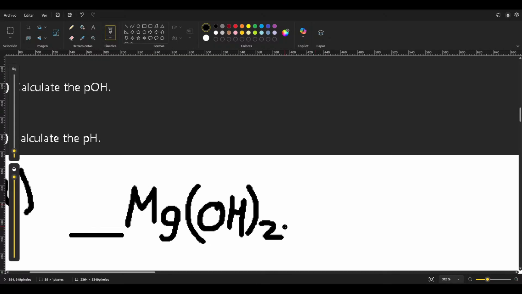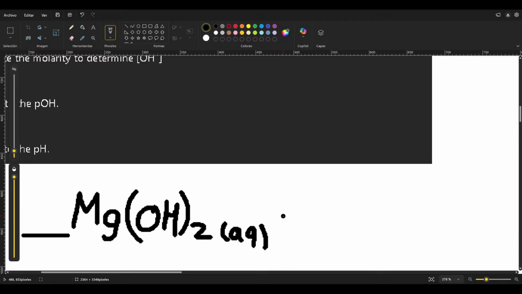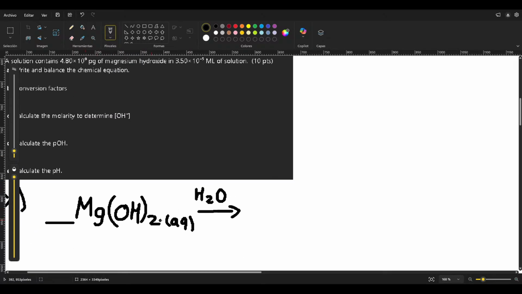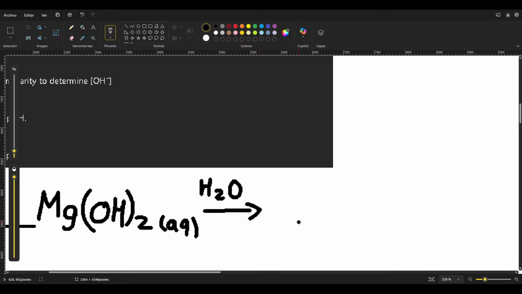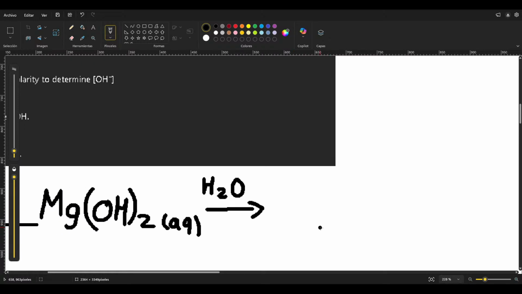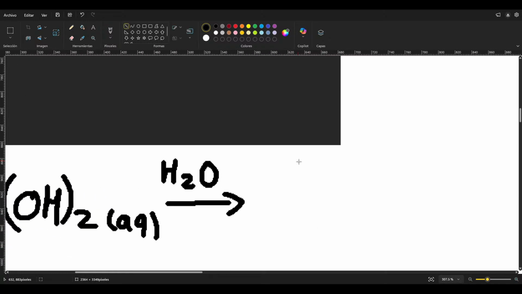And it is always in AQ state specifically. Then it goes with one arrow specifically because the reaction is irreversible. Then the arrow with H2O. Exactly, because it is dissolved in water,